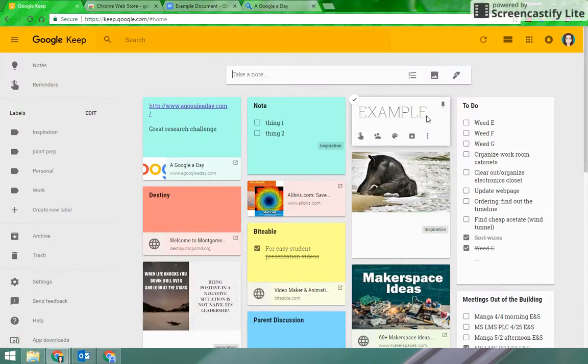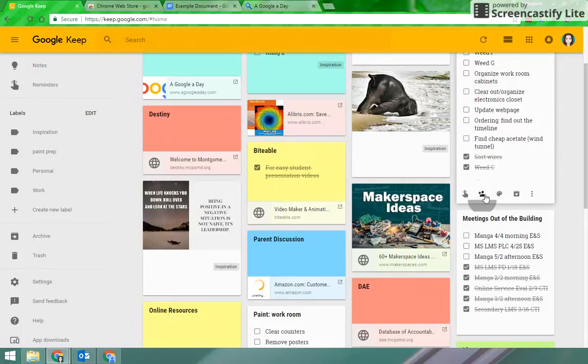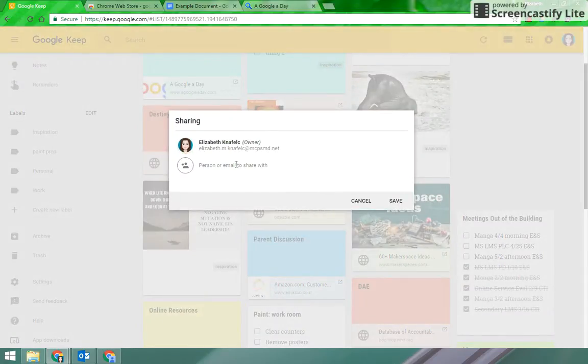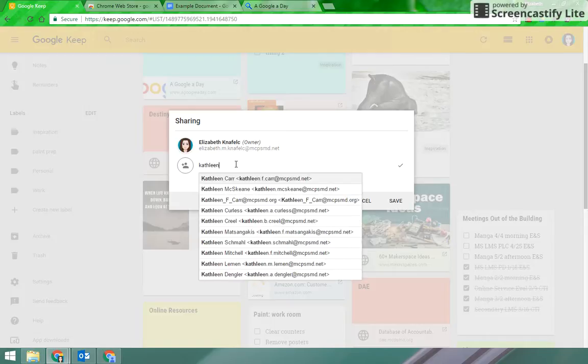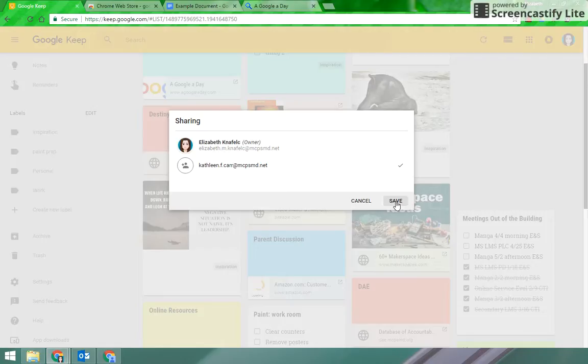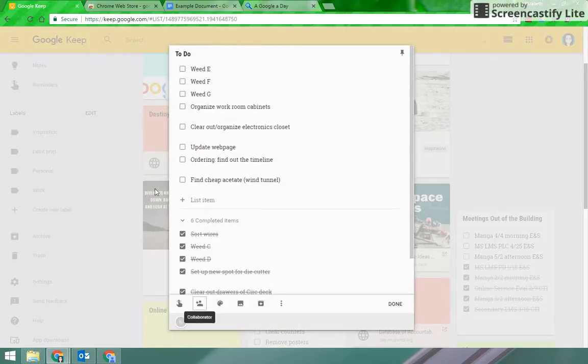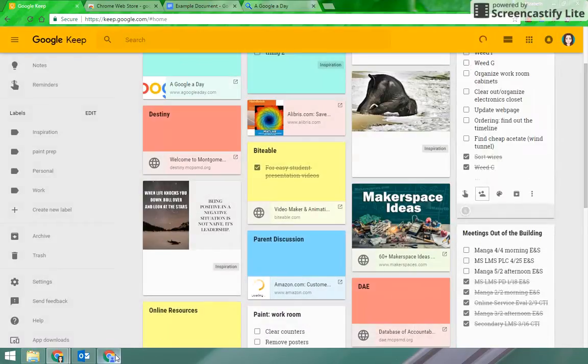One other thing that I think about with Google Keep that I think would be very useful is the ability to share notes. So for example, this is to add a collaborator. For the to-do list, maybe I want to add a collaborator to my to-do list because multiple people can be working on it. Ms. Carr was nice enough to allow me to log into her account so I can show you what this looks like. But you would just add a collaborator. And what that does is